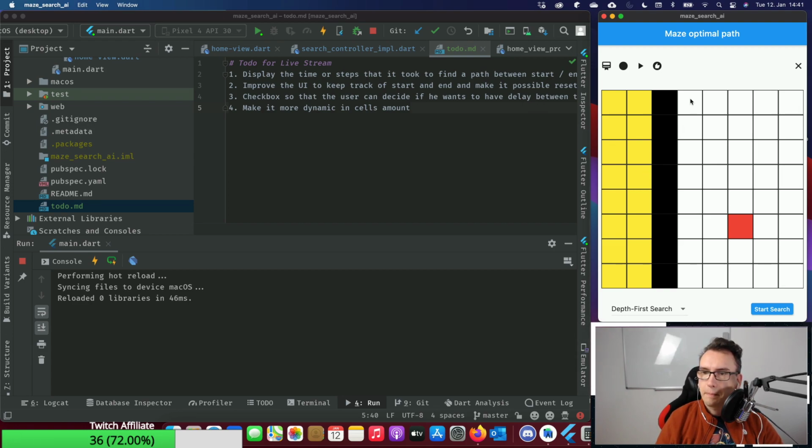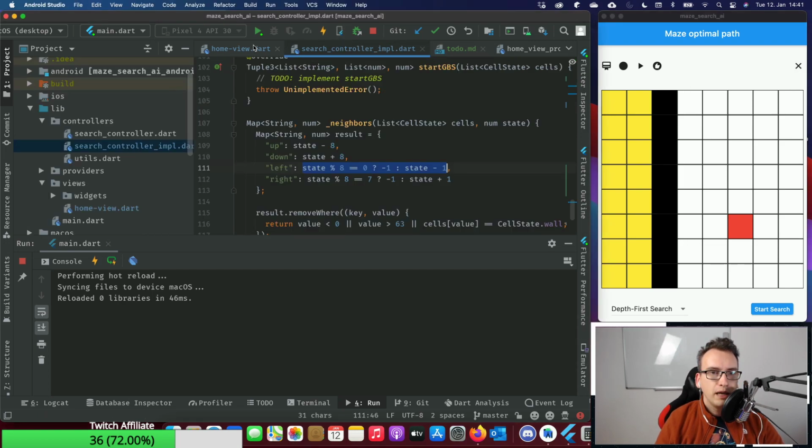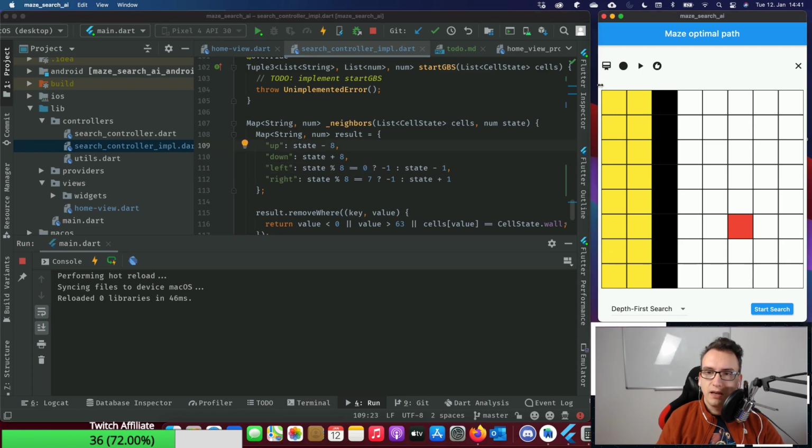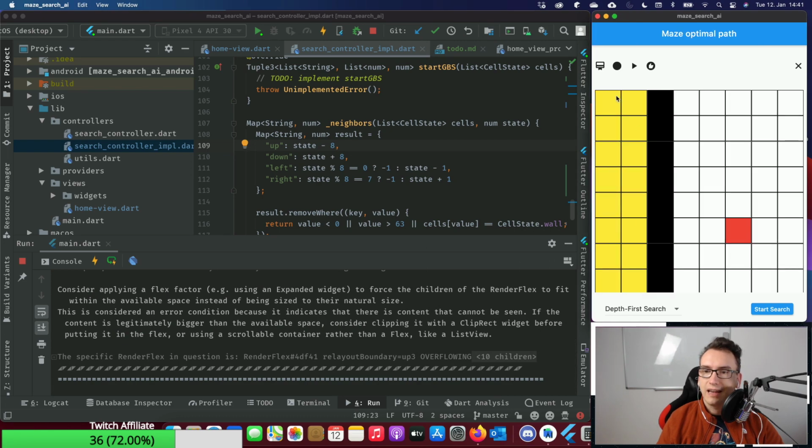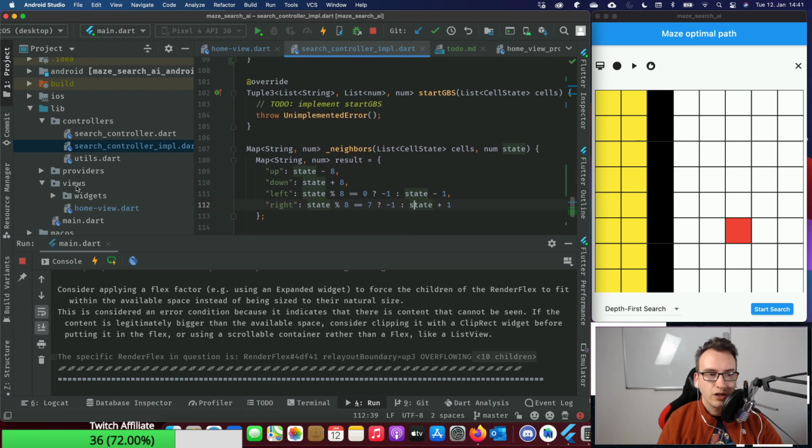But I think we can also change that in the future. The only problem I see is with that logic here, because if we do it more dynamic, like n times m, we would have to keep track of rows and columns. Then we would have to make it a bit more specific. At the moment, it's very easy to do as long as it stays 8 times width and then m times long. I guess that wouldn't change anything.